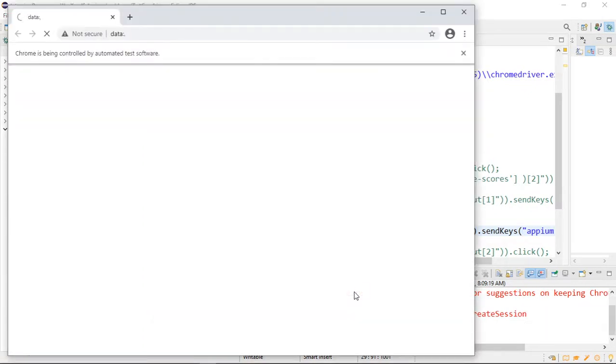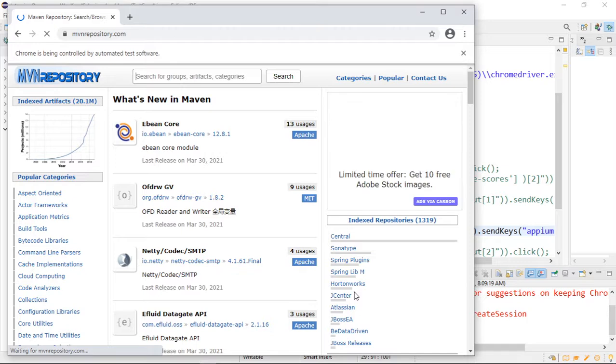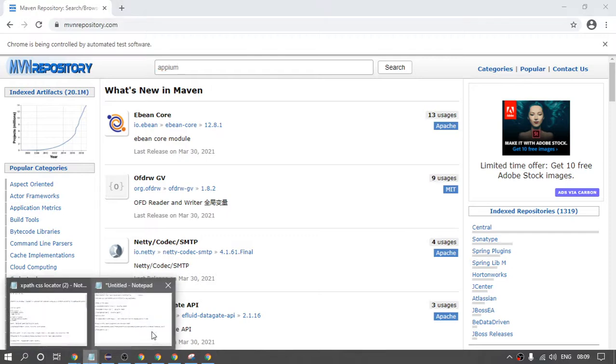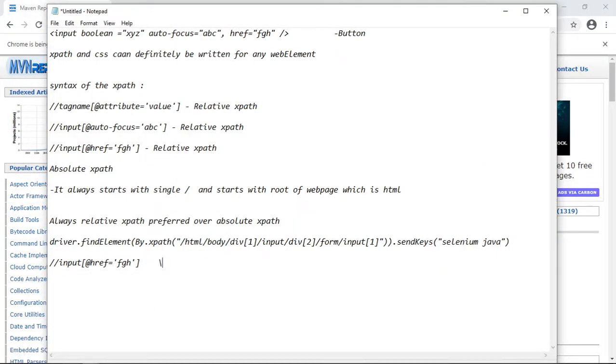So this is basically we are using parent-child relationship with the relative XPath. If I have written it like this, as it is double slash, it is relative XPath. Along with that I'm using the parent and the child concept. Similarly here we are also using the parent and the child concept, but it is absolute XPath as it is from the single slash. But here we are providing relative XPath and using the parent and child concept with this, so that we can identify our element uniquely. So this is also one of the ways. Is it clear?